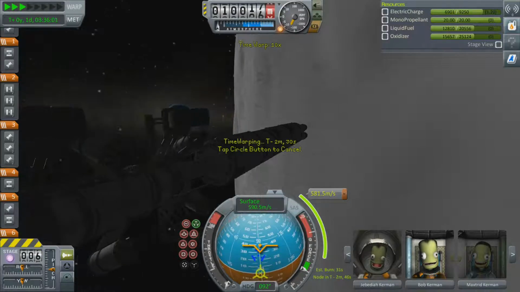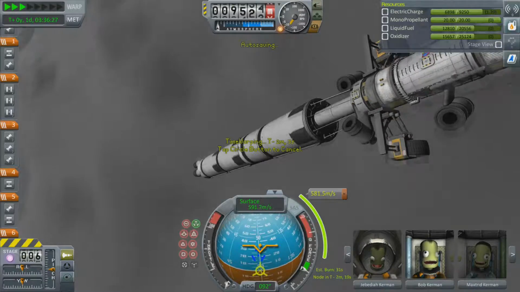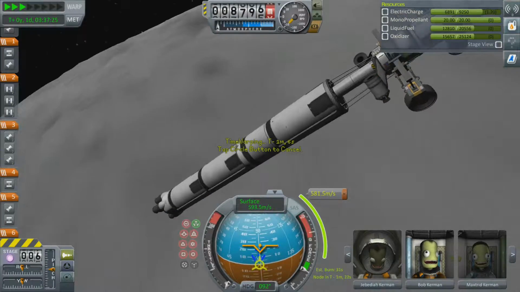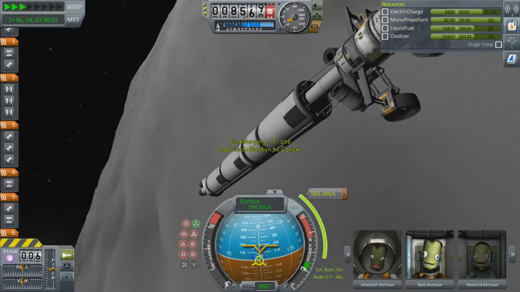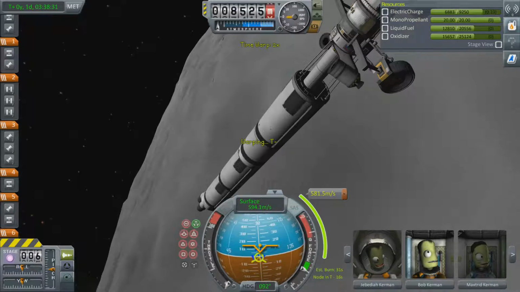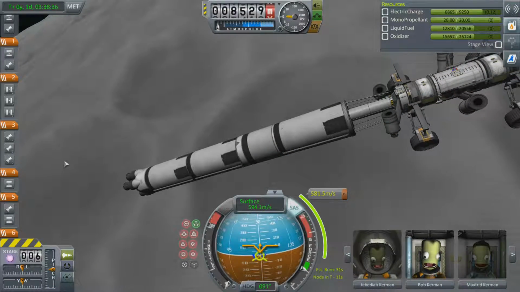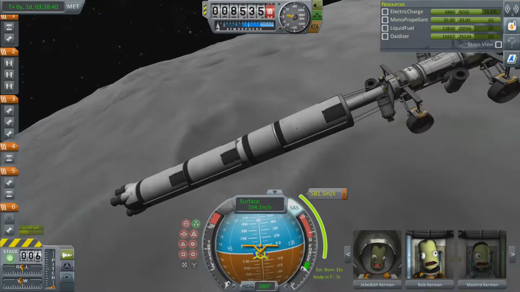And I'm going to do some funky staging here. Time warp complete. Woo. We can almost land just like this. Look at this, we're so close to the surface. Okay, let the graphics load for a sec. And I'm going to go ahead and get all this done. Now, I'm going to go ahead and burn this engine